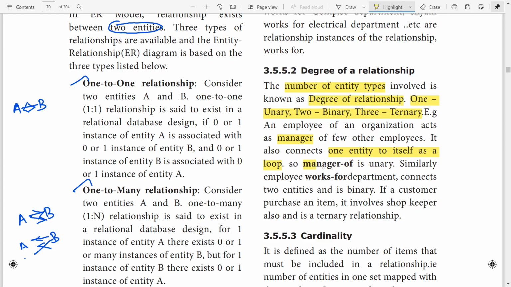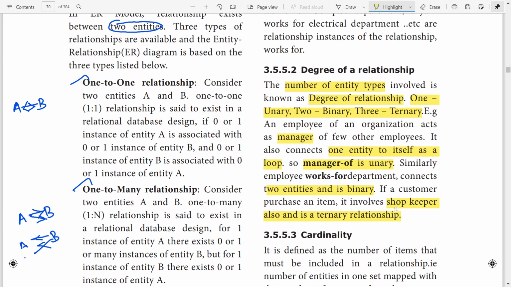So, manager of is unary. Similarly, employee works for department connects two entities and is binary. If a customer purchases an item, it involves the shopkeeper also and is a ternary relationship.